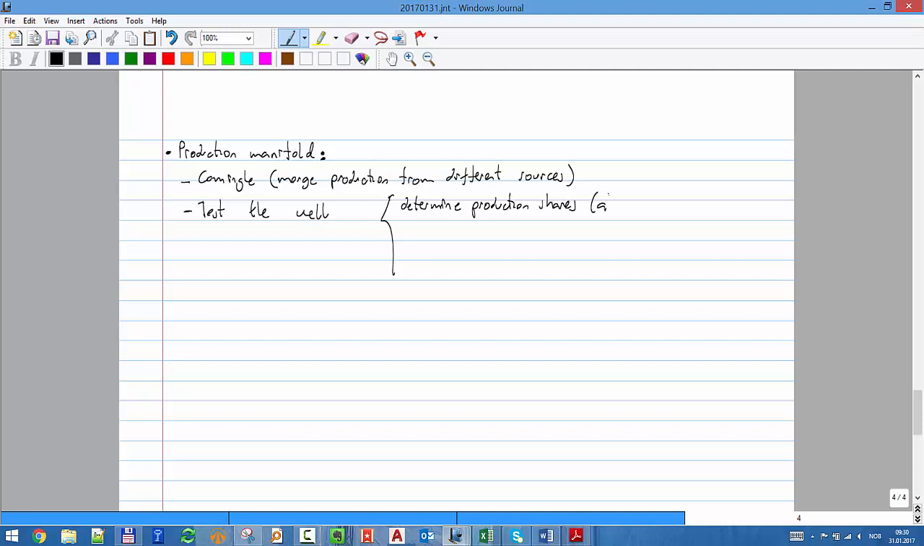Okay, and that's allocation, and that's important when we have, for example, a multi-reservoir field, or we have some sections of the reservoir that have different ownership, so we want to determine how much belongs to each company. Then you want to test the productivity of the well, or calculate or estimate